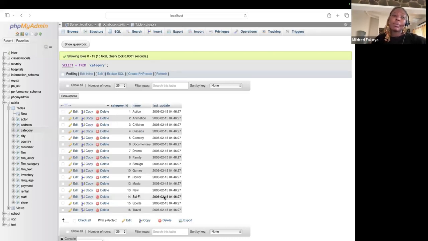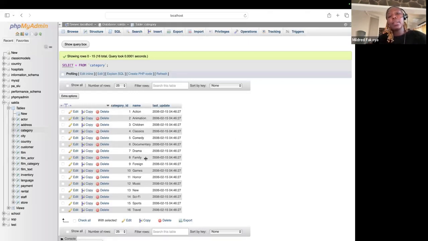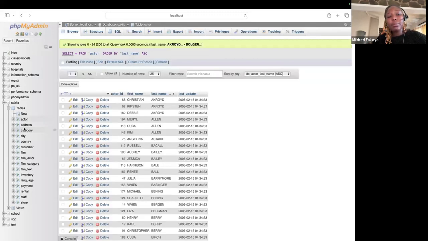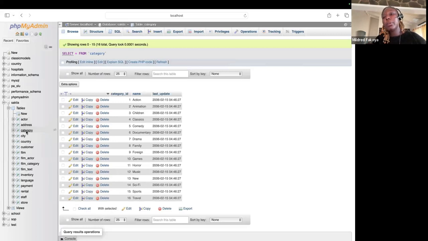So a table holds information in rows. Rows go across, columns come down. So the columns are the category ID, the name, the last update. The rows are each individual piece of information, number 1, 2, 3, 4, 5. Now, we have different tables, and tables are usually linked by something we call a foreign